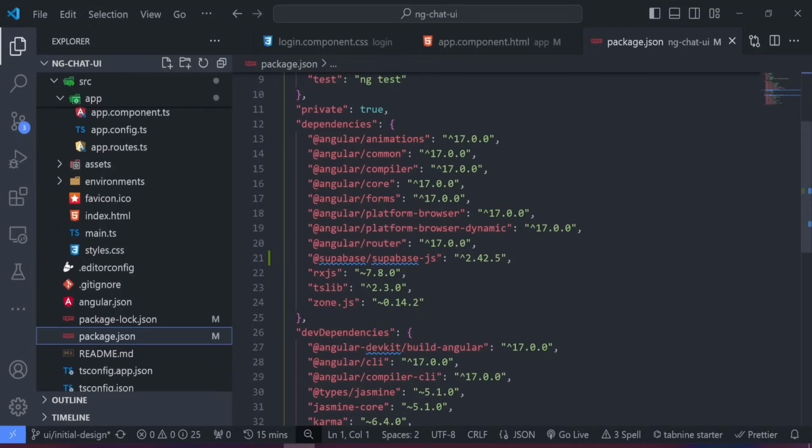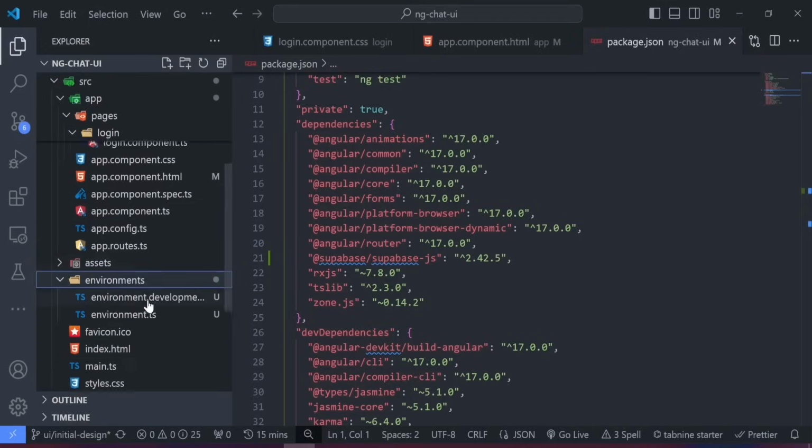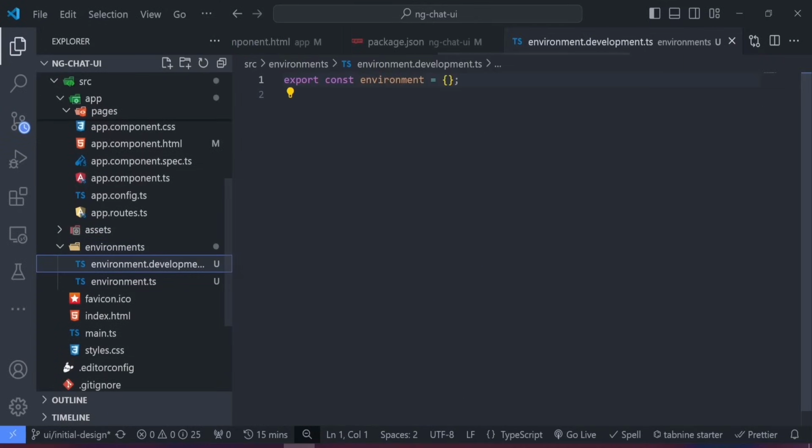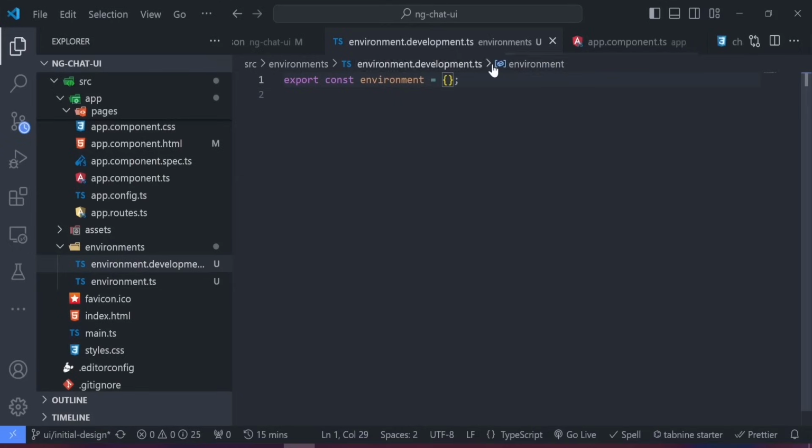So if I go back to the project, you can see we have this environment folder, and there's environment.development for when you want to save the API key currently in development mode, and if you want to go live, you can make use of the environment.ts file. So depending on what you want to do, but for this project, since we are still in development mode, the API key is going to be configured in the environment.development file. So with that, we can move on to the next step, which is to look at the authentication service in